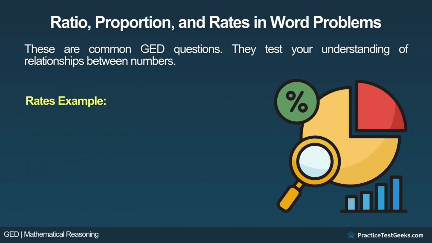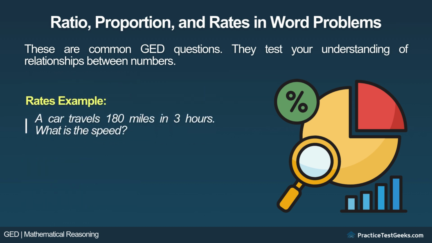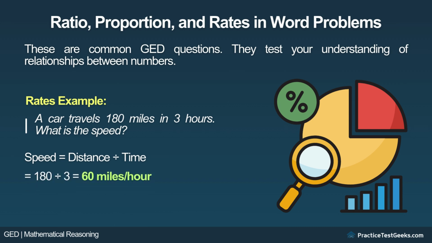Now here's a rates example. A car travels 180 miles in 3 hours. What is the speed? Use the formula speed equals distance divided by time, equals 180 divided by 3, equals 60 miles per hour. Remember, ratios and rates show up in everyday scenarios from shopping to driving, and they're essential for